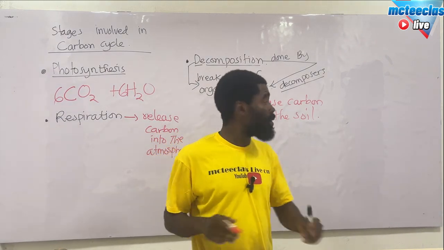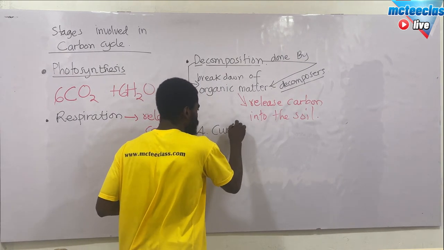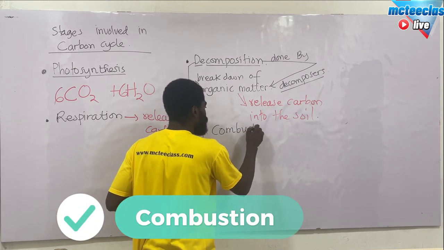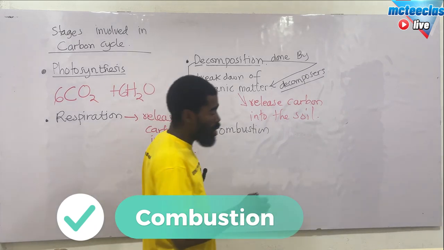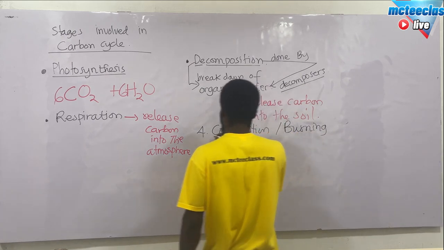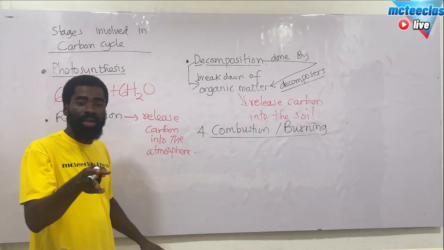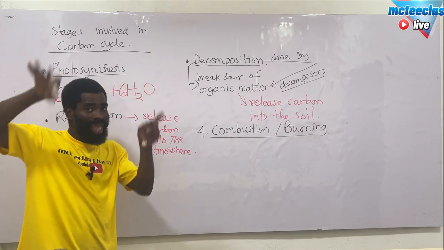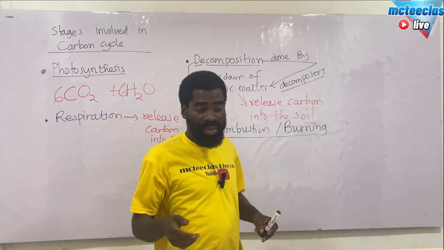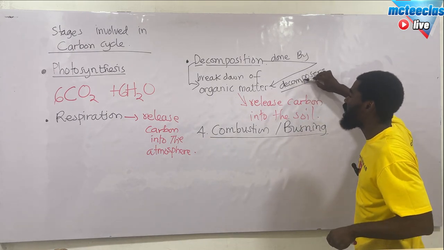Good. Then the last one, or the fourth one, is combustion or burning. We have combustion or burning. And this is what happens in the vehicles and in the factories. If you look into the cycle, you see the factory drawn there. What happens there is they burn the fossil fuels that are formed when these organisms break down, and some of them are